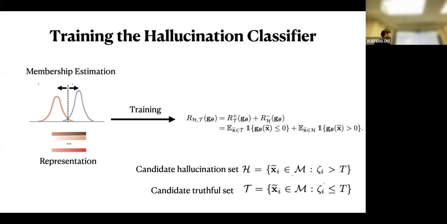Okay, so the final step in our approach is training the hallucination classifier based on the separable score distribution. The trick, as I mentioned, is that we have a threshold T, which should be determined on a separate validation set in order to get the proxy training labels for this unlabeled data set. After we get the proxy labels, we can train very simply using this 0-1 loss, which is instantiated in practice as a sigmoid classification loss. And then after training, we can do hallucination detection at test time.